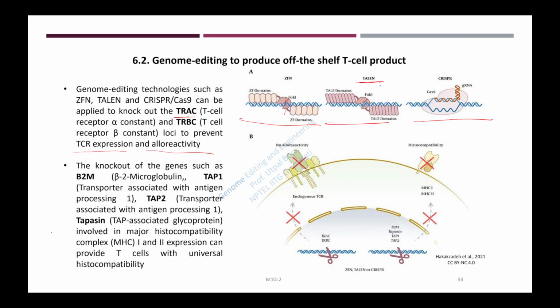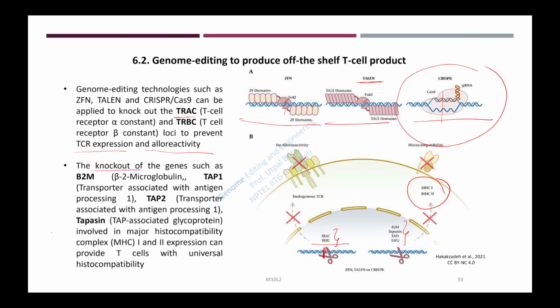Similarly, TALEN is used in a similar manner with the FokI endonuclease, or, in a more specific and more convenient manner, the guide RNA guided Cas9 endonuclease makes a cut in these particular genes, which code for the alpha and beta subunits and other cytokine-producing or MHC I or II producing transmembrane proteins on the surface of the T cell, so that they create a break and disrupt the locus, and